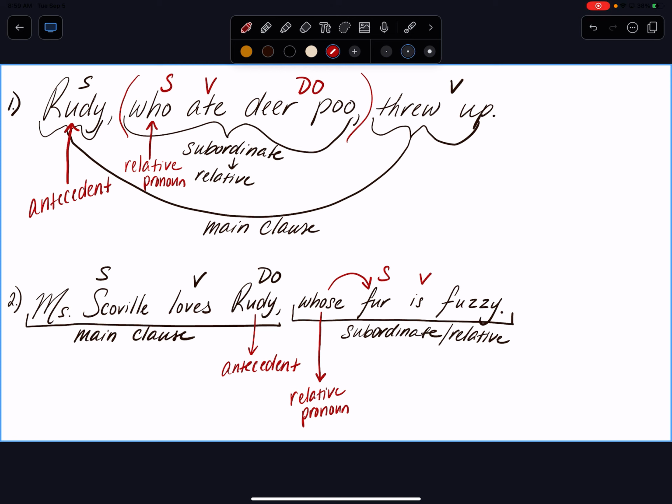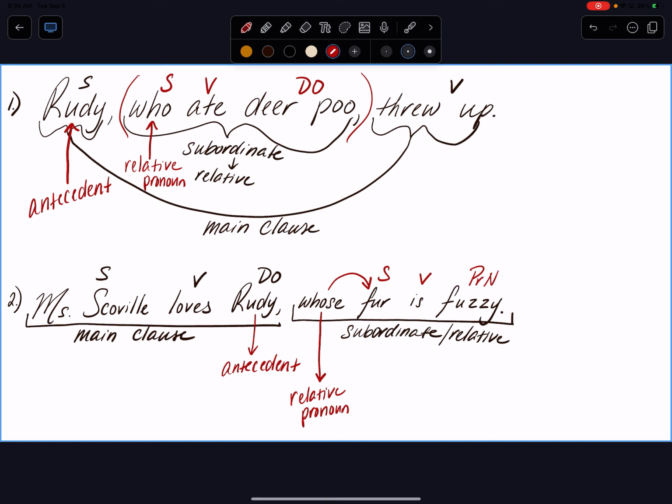Okay, now do you see why I want you guys to translate with "of" every time you see a genitive? So that way it is undoubtable, no question about it. So Miss Scoville loves Rudy, the fur of whom is fuzzy. That helps you compartmentalize and see what actually is genitive when you use the "of." Because if I didn't say "of whom," would you have known that it was genitive? No. I mean, maybe after a little bit of explaining, but nobody's got time for that. Okay, and this is a predicate